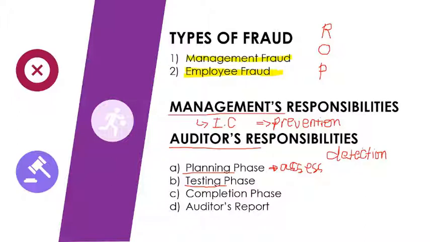So, in order for you to verify, that is where you perform additional procedures. So, mubuhat kag mga additional procedures in order for you to determine if such material misstatement really exists, may it be due to error or may it be due to fraud. So naay testings nga pangbuhaton or mga additional nga procedures nga pangbuhaton. Now, once you have identified if it is a material misstatement or not, then you should consider if it is a result of fraud or error.